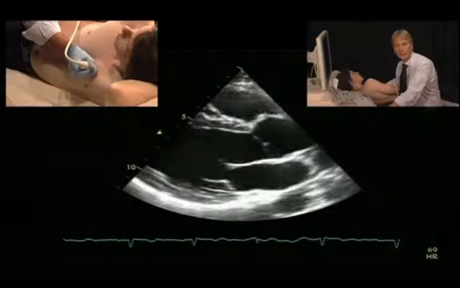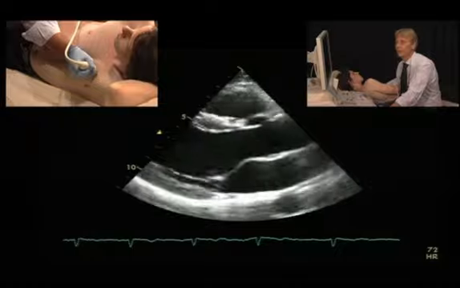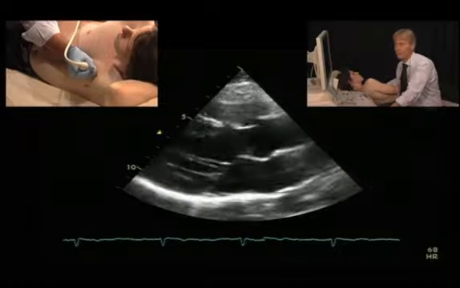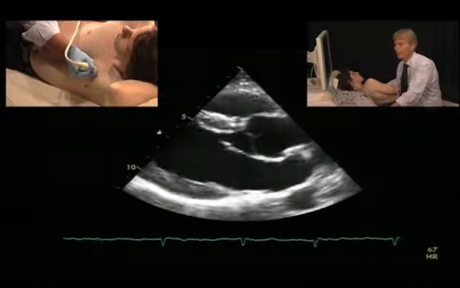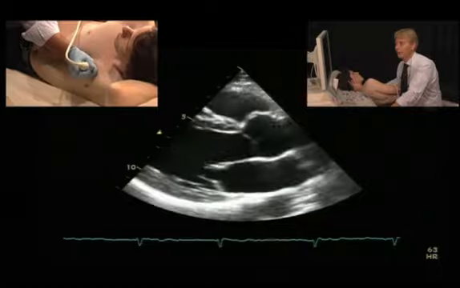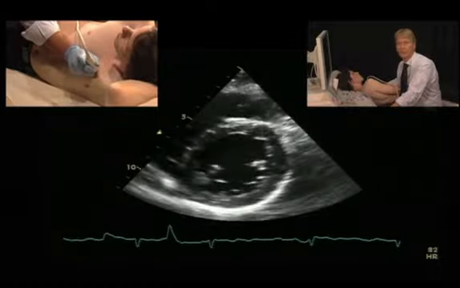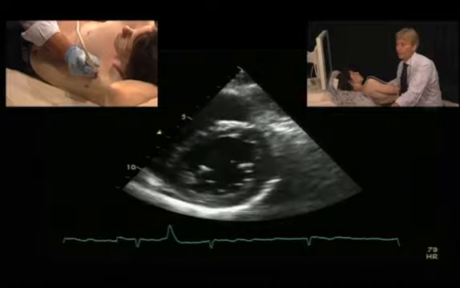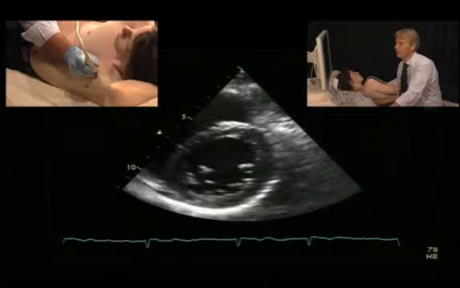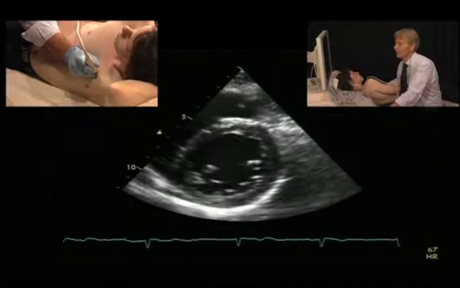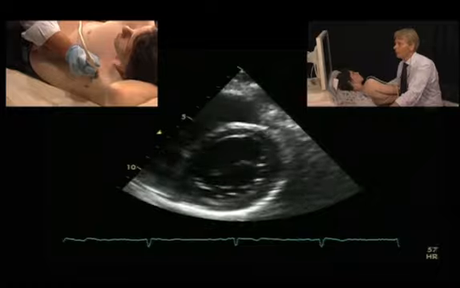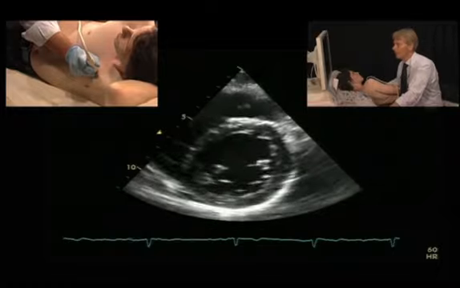To perform an M-mode measurement of the left ventricle, you need a parasternal long or short axis view. You can actually do it from both. I will show you how to do it from the short axis. So the first thing you have to look into is if the ventricle is really round. This is important for the reasons already mentioned. So once you have a nice view of the left ventricle,